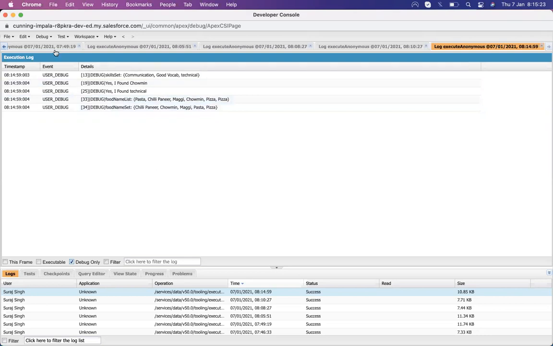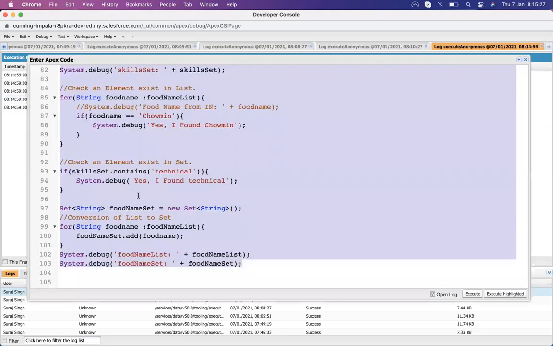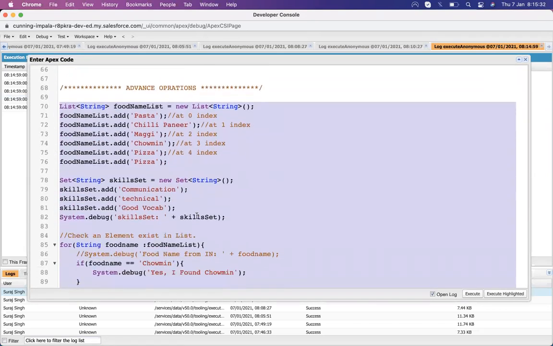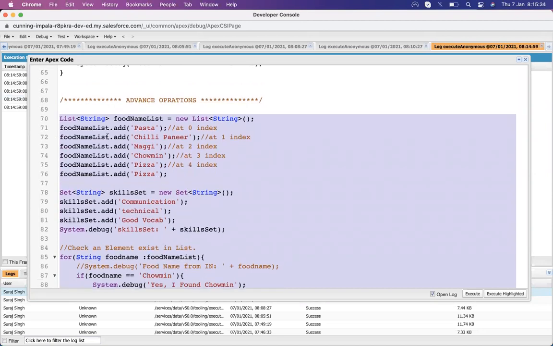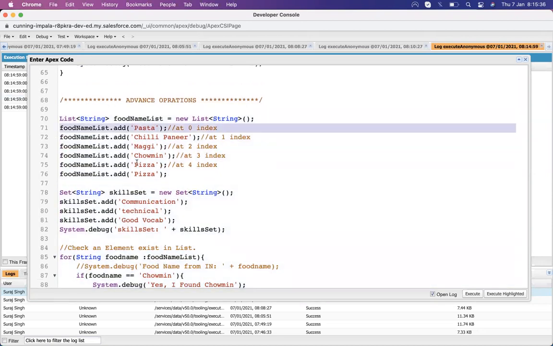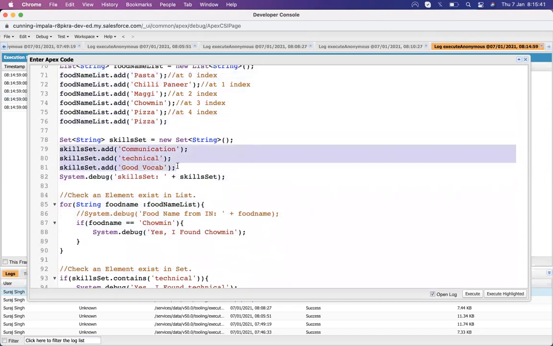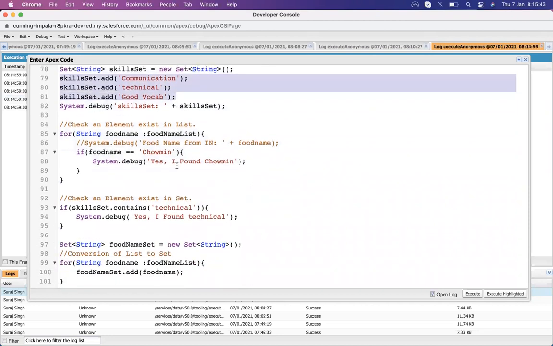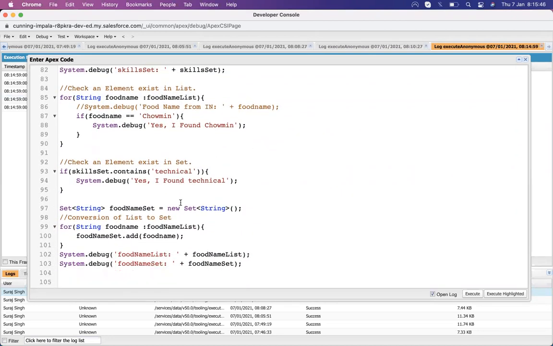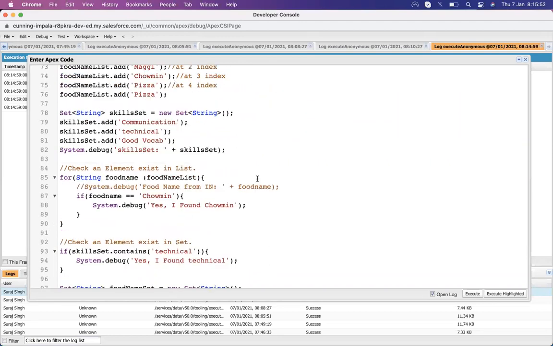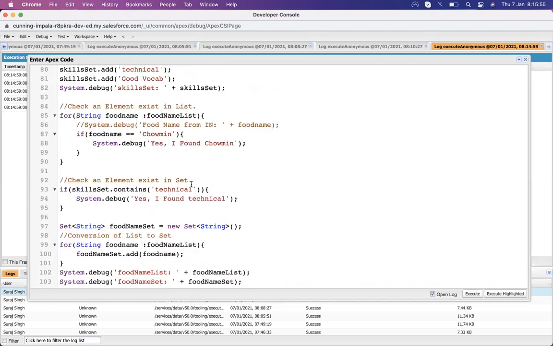And there is also a smart declaration, where at the same moment we declare and initialize, we don't need to use add one by one.